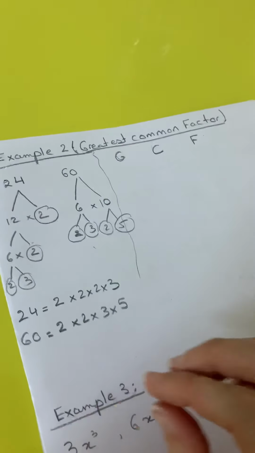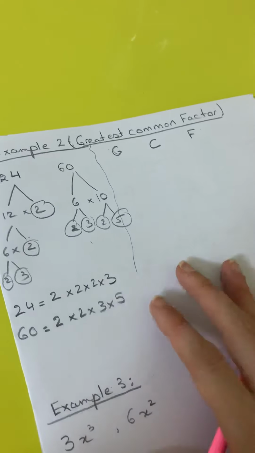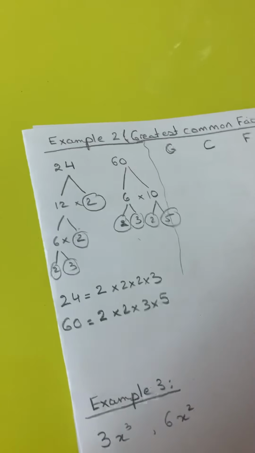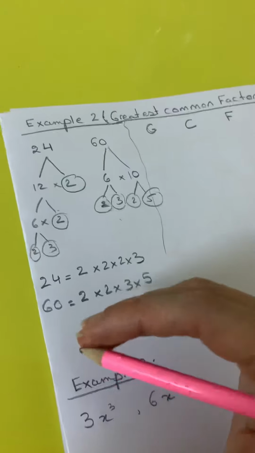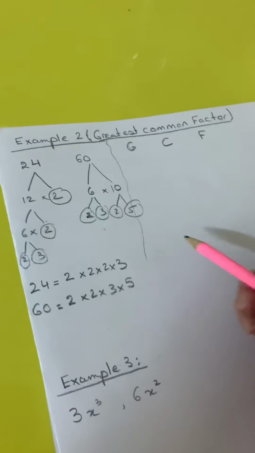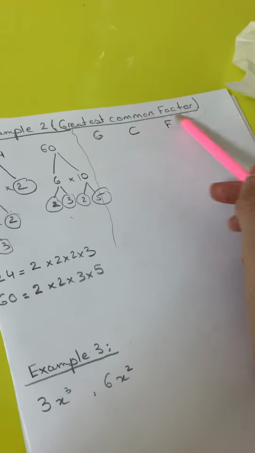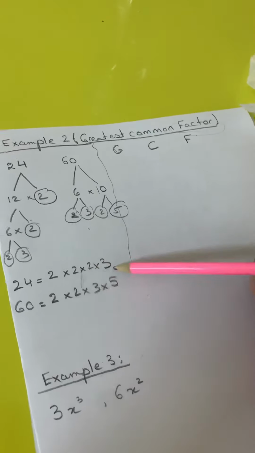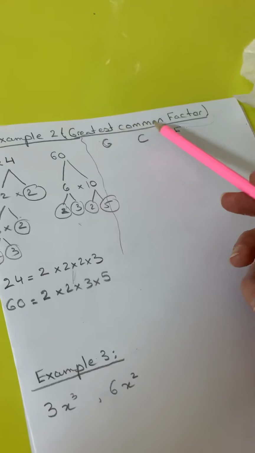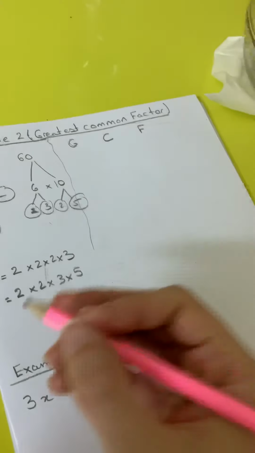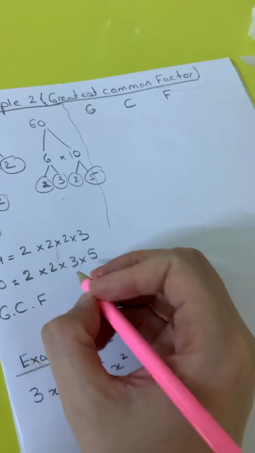I'm doing this in a fast way because I suppose you understood the lesson of yesterday. So after we reach here, you already know till here. Now we want to find what is called GCF. GCF, F is factor, so it refers to the factors here, and they are all factors. And we're going to find the greatest common among them. How we're going to do that? So the GCF is,